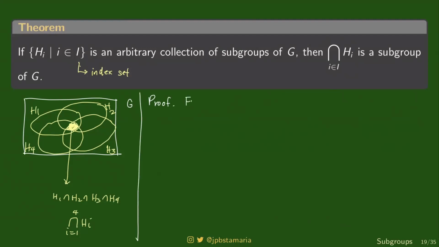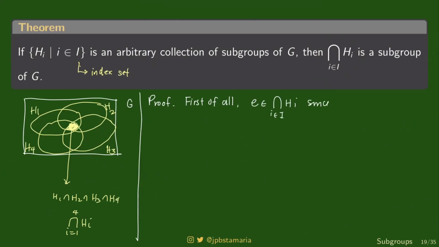Ito na naman yung first of all. First of all, why is the intersection non-empty? Kasi sa lahat ng mga tests na meron, ang unang chine-check, dapat non-empty yung subset na yun, di ba? Okay. Bakit non-empty yung intersection? Ba't hindi mauubusan ng laman yan? Ayan, very good si Ron. Sabi niya, because the identity E is present in all of the subgroups. Yes, correct. First of all, E is in the intersection